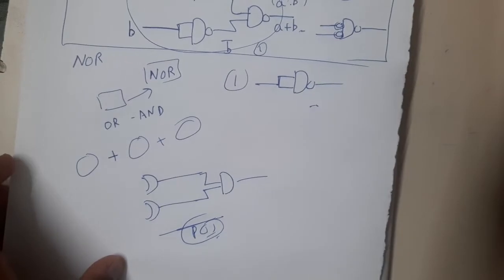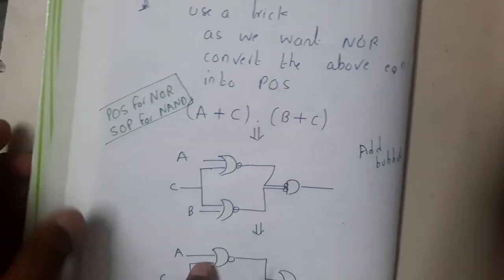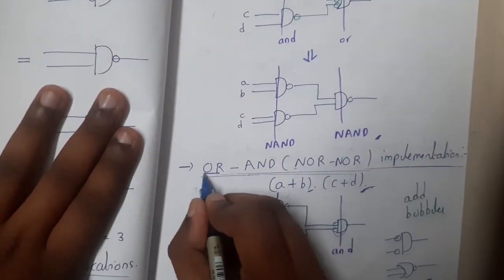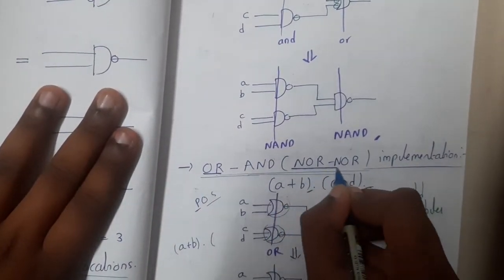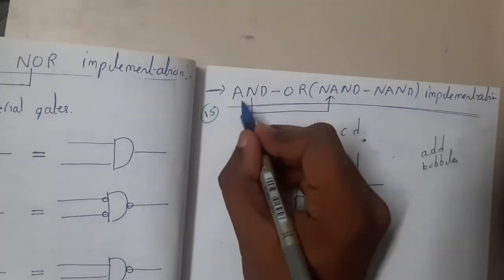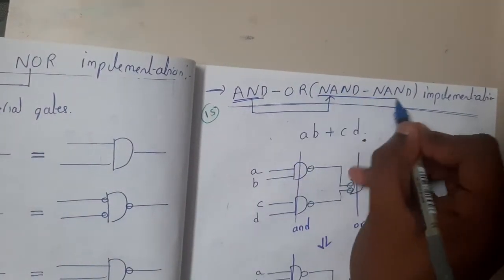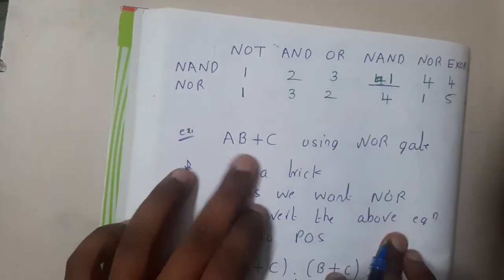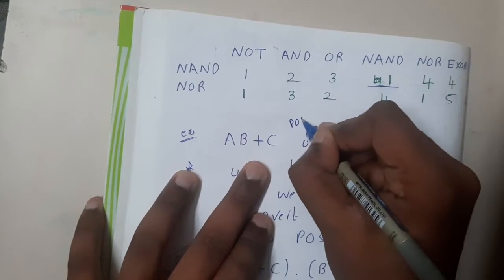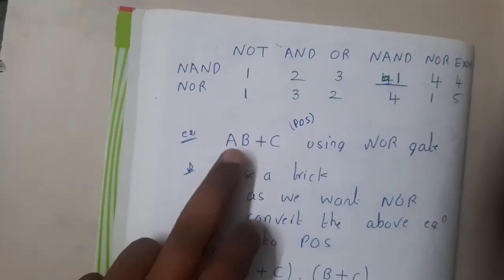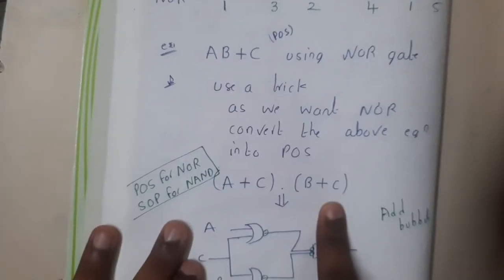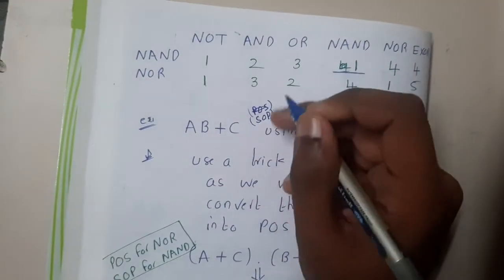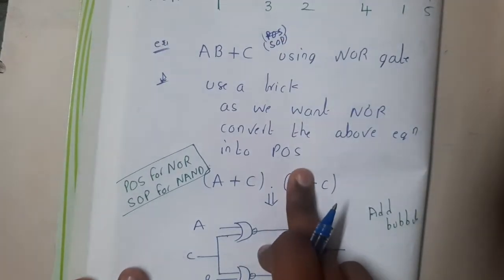Few of you will be asking how we can reduce this confusion. A simple trick here, which I forgot to say, is: if it has a first OR, it will be converted into NOR representation. If it has a first AND, it will convert into NAND representation. Got it? So now the question is in terms of POS. So the first step is to convert that expression into POS, since the given expression is in SOP.